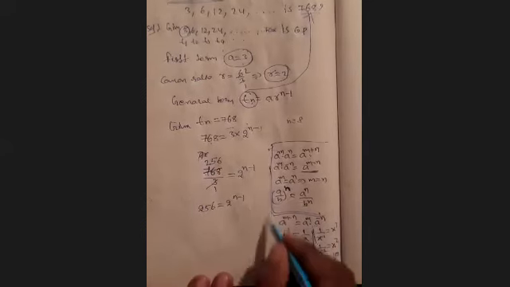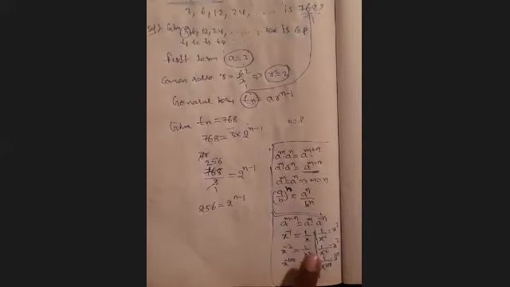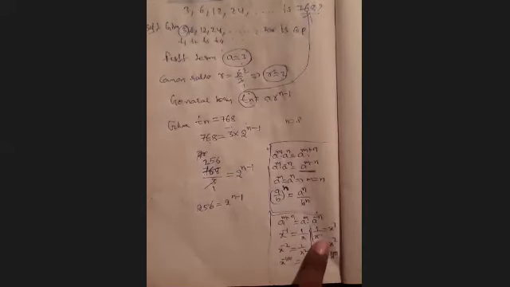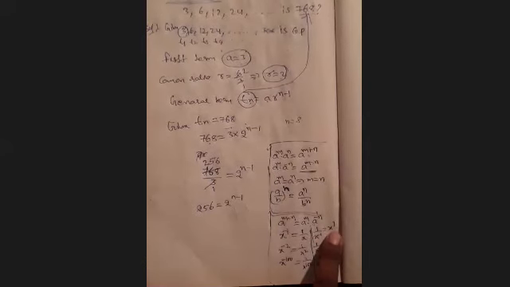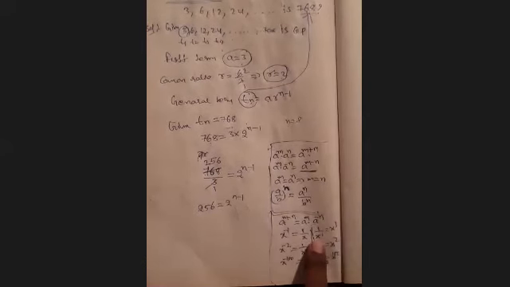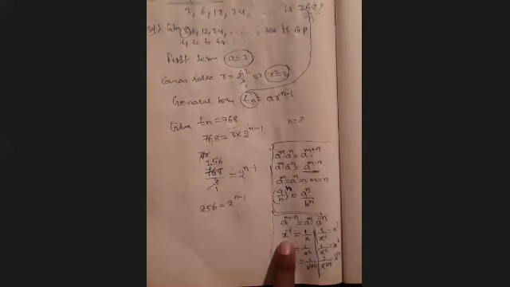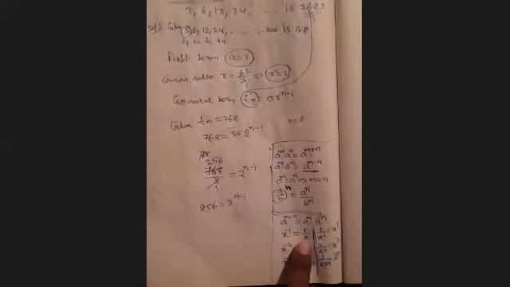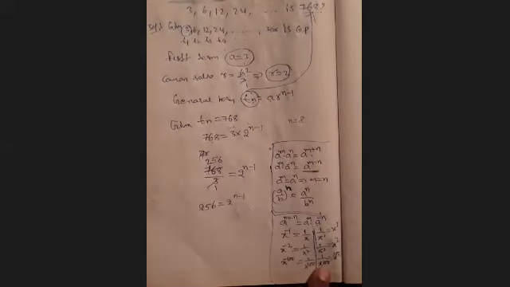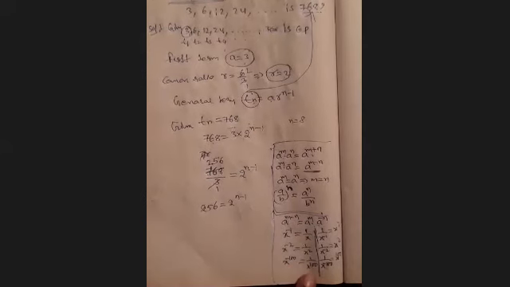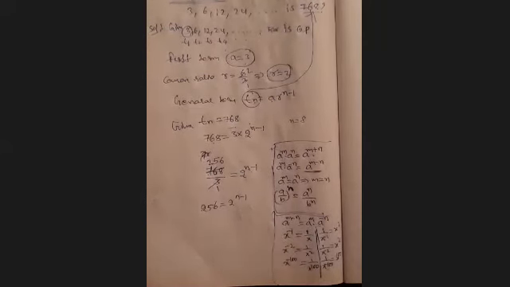So remember, these are very useful in further studies. Simple. If your power is negative, write it in the denominator to make it positive. If your power in the denominator is negative, take it to the numerator to make it positive. A negative power in the denominator, if you take it to the numerator, will be positive. A negative power in the numerator, if you take it to the denominator, will be positive. So we will use these here.